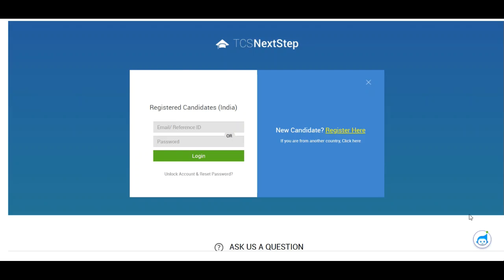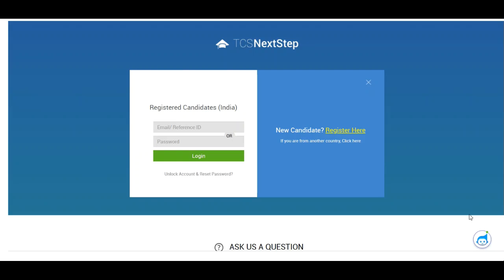I will provide the link for this website in the description box of the video. The website is of the Next Step portal. They have a separate portal for all the background check process, and in that portal you will also find your offer letter, your joining letter, and information about the ILP thing. Whatever you will need once you get your offer letter, the further things will be informed to you on this Next Step portal. Please don't forget to check that link out in the description box.